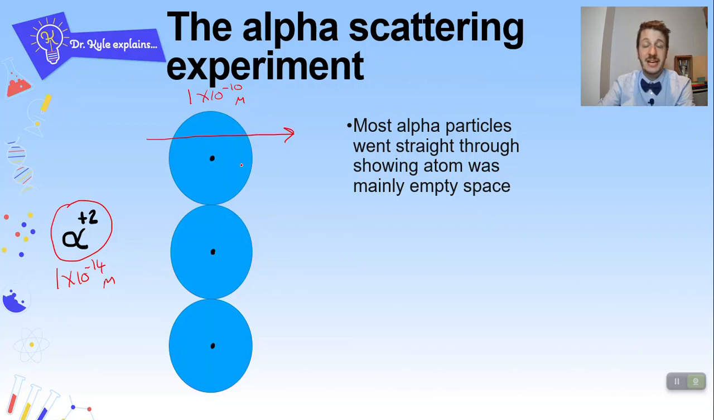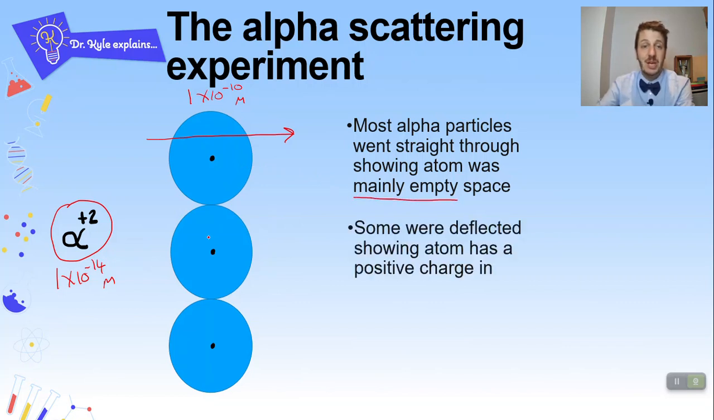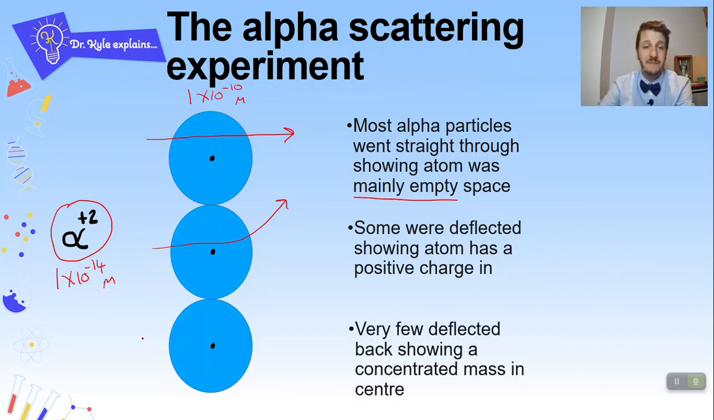Now, scientists then had to change the development of the atom by changing the Plum pudding model and realizing that the atom was mainly empty space. Some of the particles went close to the center and then deflected, showing that there must be a positive charge in the center. Now, very few of these atoms hit directly in the center and were hit straight back, showing